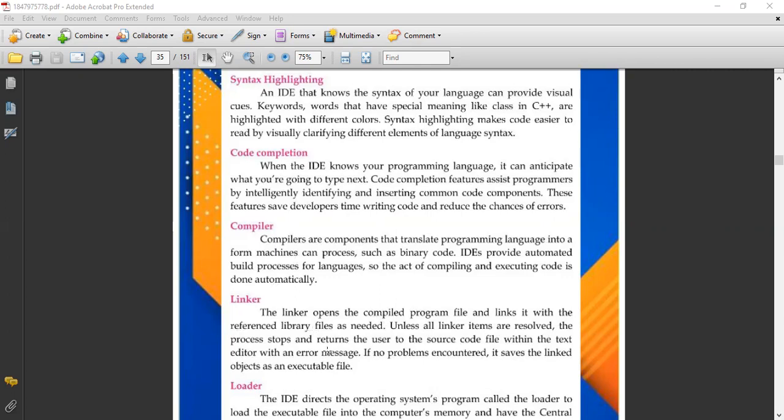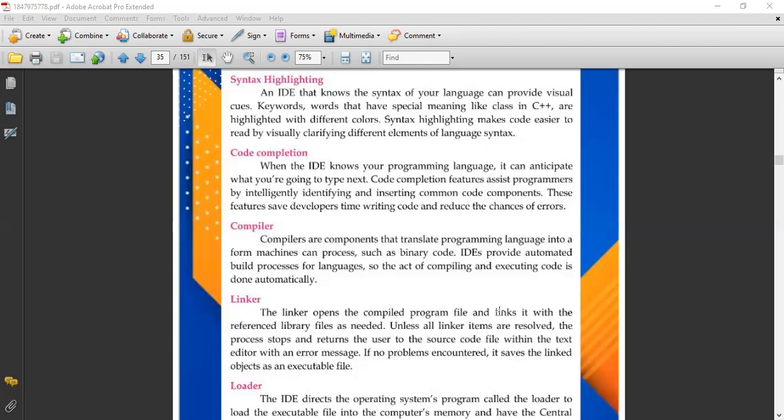Now linkers and loaders. Linkers are in C++. When we talk about C++, there are some library files. Okay? In library files, there are the reserve words, and we must link that files to our program. इनपुट आउटपुट स्टैंडर्ड इनपुट आउटपुट फाइल्स होती हैं, रिजर्व वर्ड्स की फाइल्स होती हैं, वो लिंक हमें करनी पड़ती है अपने प्रोग्राम में। वो लिंक के बगैर हम अपना काम आगे फॉरवर्ड नहीं कर सकते, ठीक है।